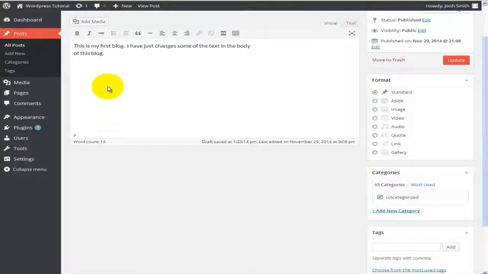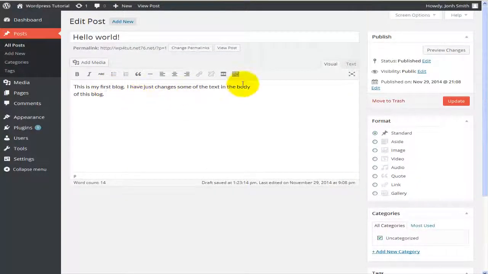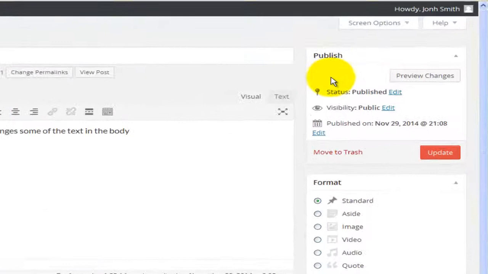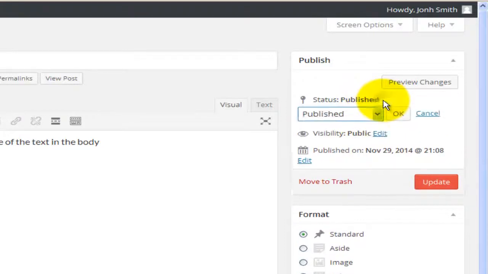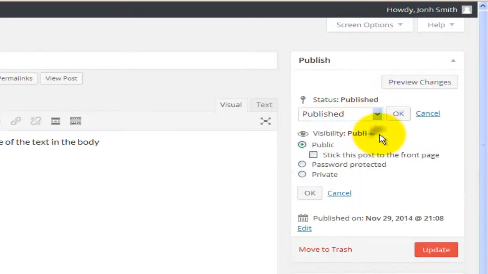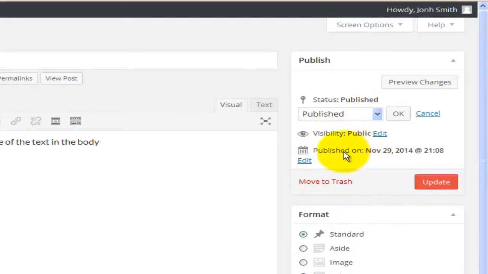Okay, so once I've typed all that, on the right hand side I have a publish menu. Here I can set the status. Currently it's set as published. If I hit edit, I can choose published, pending review, or draft. I would like this to be published. Visibility, who can see this? I will make everyone see that, so I'll hit OK, and I will not change that. Then there's today's date, the update button, and the move to trash button. Alright, if I hit update,